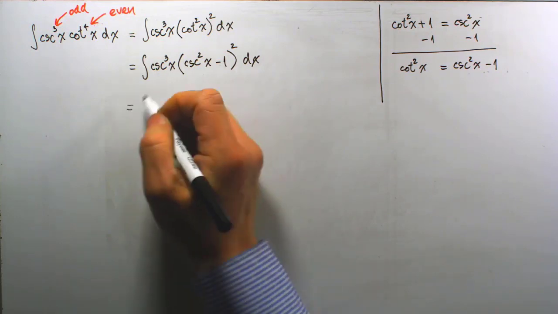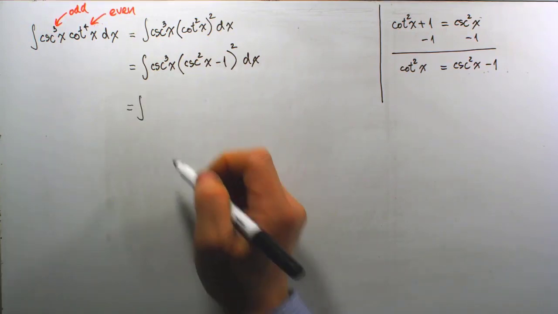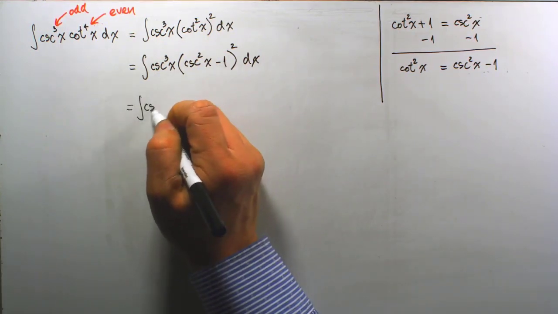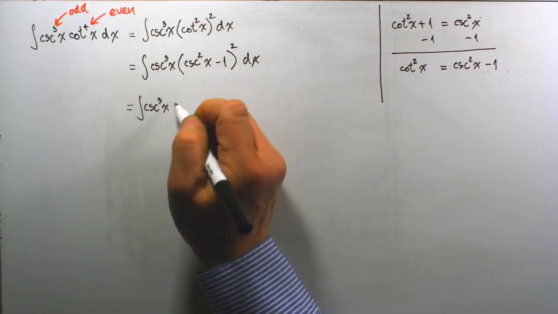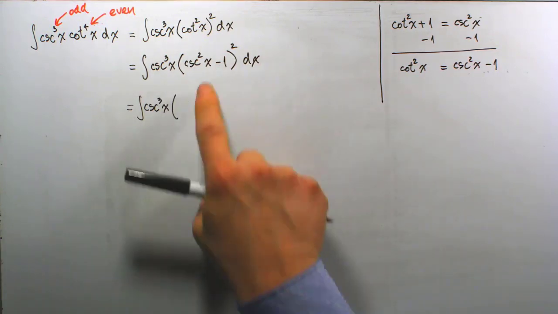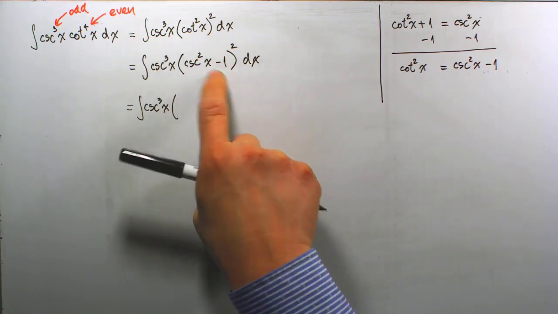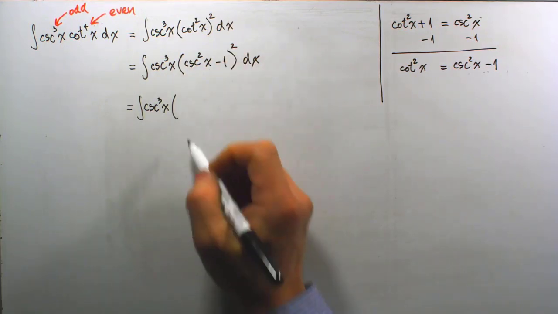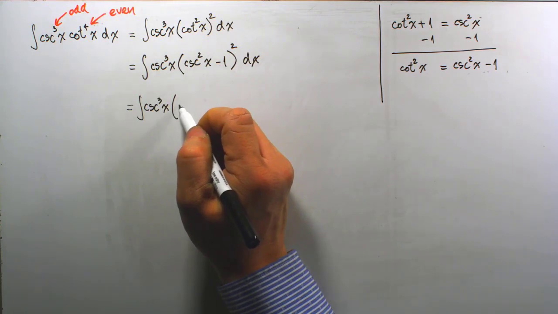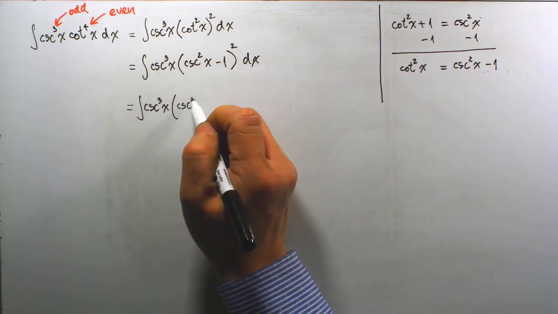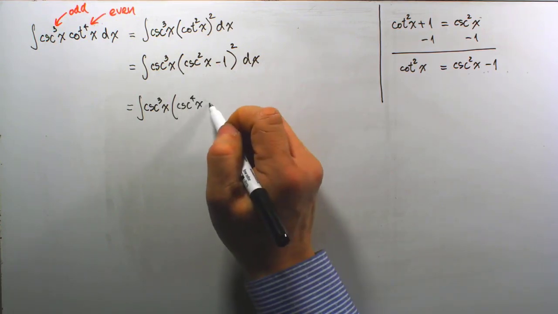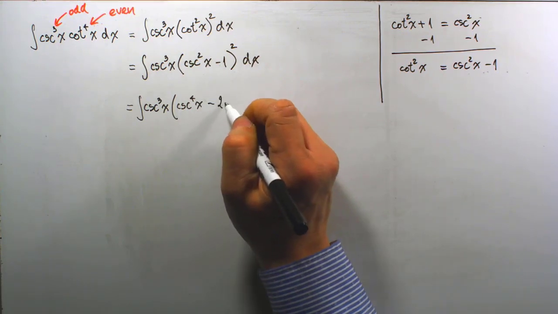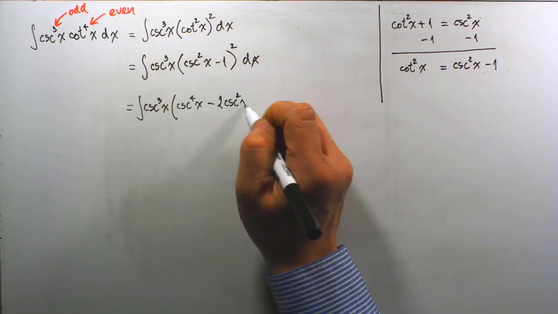So the integral becomes cosecant cube of x, and I'm going to produce parentheses to indicate the FOILed out product of this cosecant square minus 1 all squared. FOILing that out, it will give me cosecant to the fourth of x minus 2 cosecant square of x plus 1